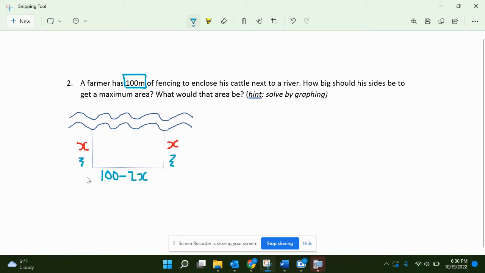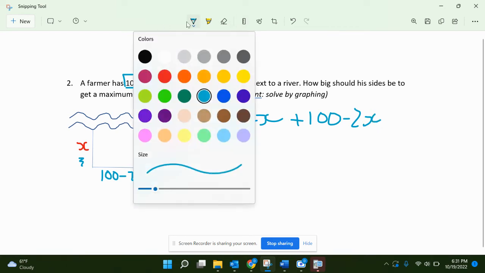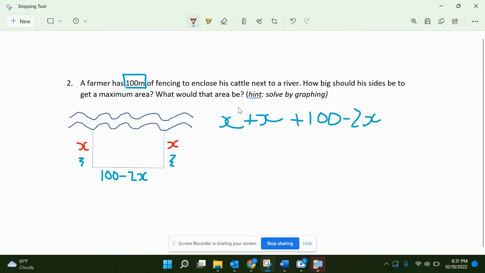Okay. Because if I look at this 3-sided rectangle, the perimeter of it is going to be X plus X plus 100 minus 2X. And what we can see algebraically is that if we cross out, I've got an X, a 2X, and then a minus 2X. These things actually just cancel out, and I'm left back with my original 100 meters. Okay, so this will actually work for our algebraic